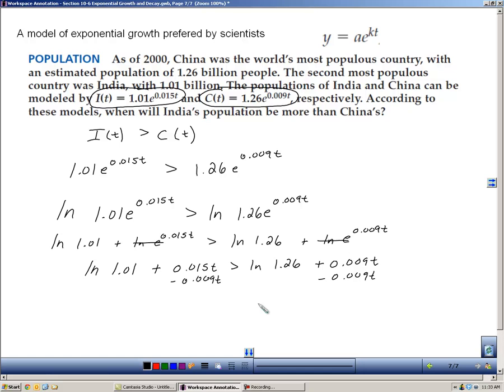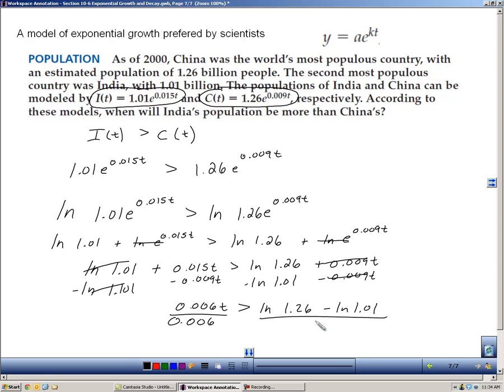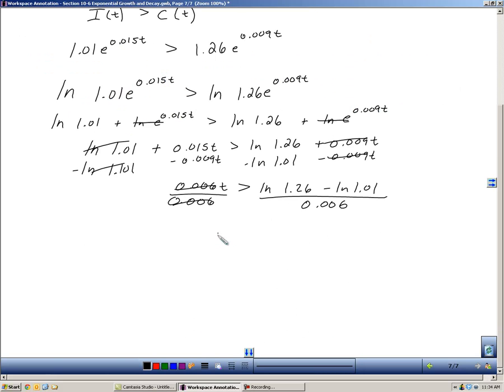I'm going to subtract 0.009t from both sides. And then if I get the t's on the left, I'm then going to subtract the natural log of 1.01 from both sides, and say that 0.006t is greater than the natural log of 1.26 minus the natural log of 1.01. And then finally, I'm going to divide both sides by 0.006, and that should isolate my t. So we end up with t is greater than all of that, which is a calculator problem. You're going to plug all that into a calculator, and you should get